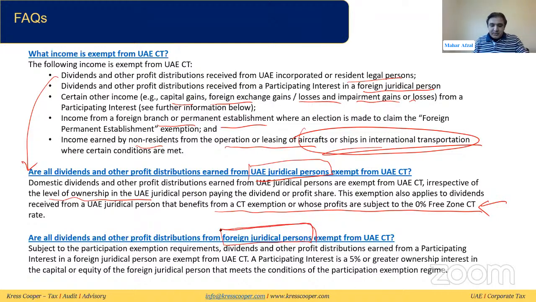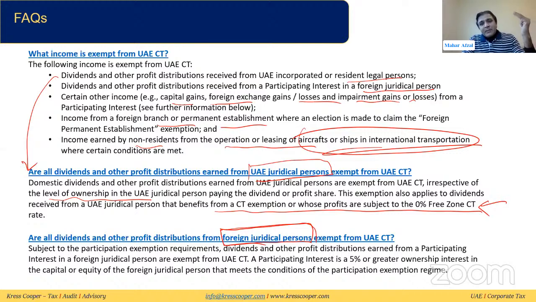This is a foreign juridical person. This is subject to participation interest if all conditions are met: a 5% minimum shareholding that it intends to hold, or intends to hold for a period of 12 months, subject to tax at a minimum of 9%. The person has a 5% share in the assets and at least a 5% share in the liquidation.